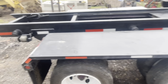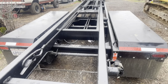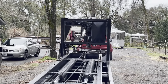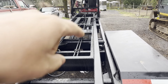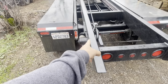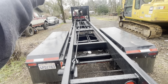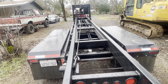And then, like I'm saying, on the Texas Pride roll-off gooseneck, it's the same length and all, but you have to option out if you want the Honda motor, or the gas-powered hydraulic. Well, that's like a $12,000 option. And then the rails, like I'm saying, you can see the buggies. And depending on if you get the gas motor, they either have an electric winch or a hydraulic winch. And this is called the